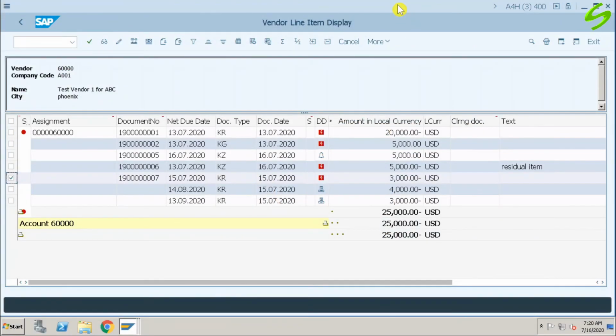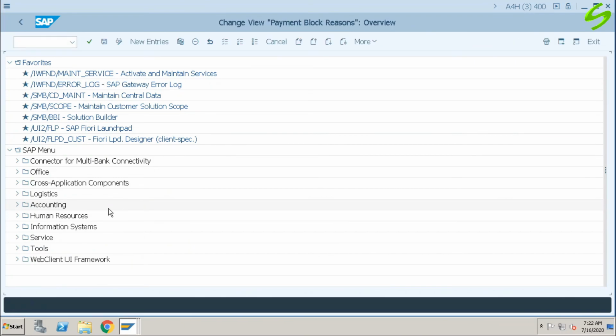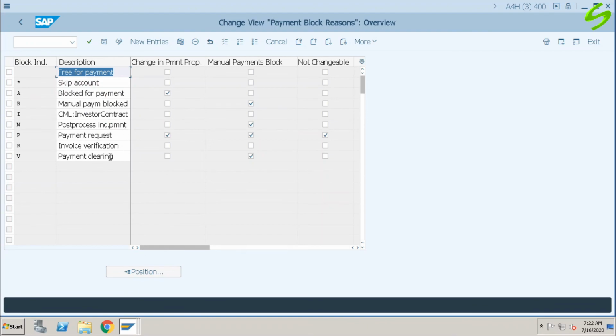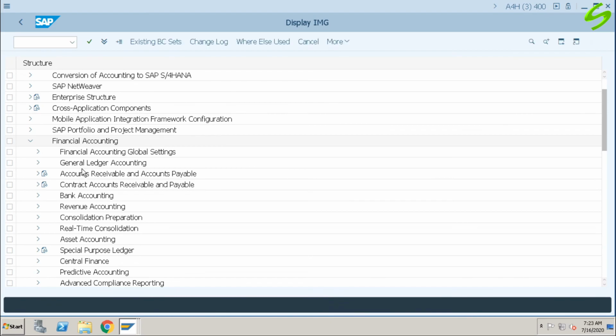Let's switch to SAP. Let's go to OB27. I can use transaction code OB27 or I can use SPRO, SAP reference IMG, financial accounting, accounts receivable and accounts payable.